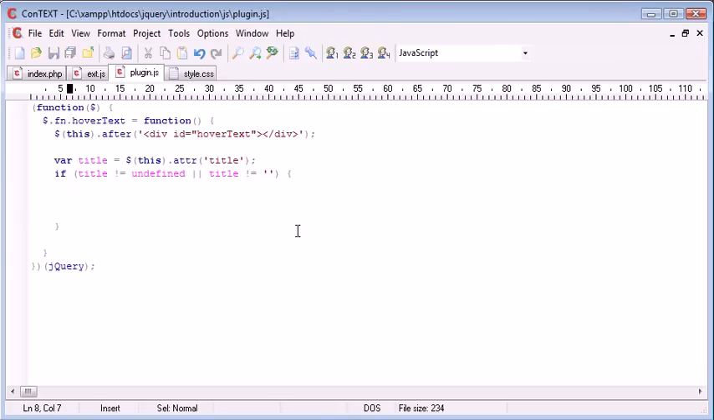Okay, so inside of here we want to go ahead and actually start to create an event handler for when the mouse goes over a link, because that's the only time we want to actually display this div in the mouse position. So again, we use this to select the current link or the current element that we're over, and we want to use the mousemove event handler. Now we do more or less exactly